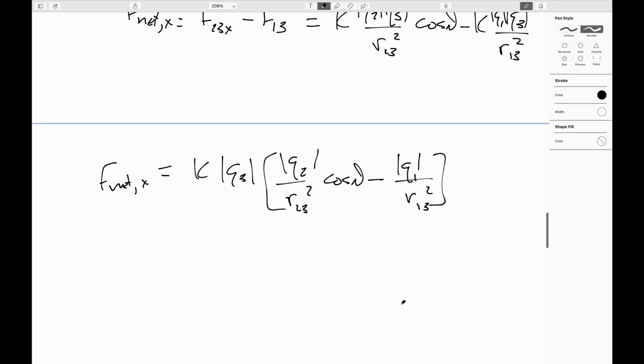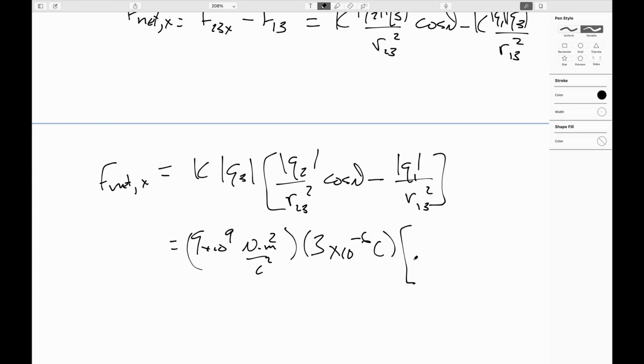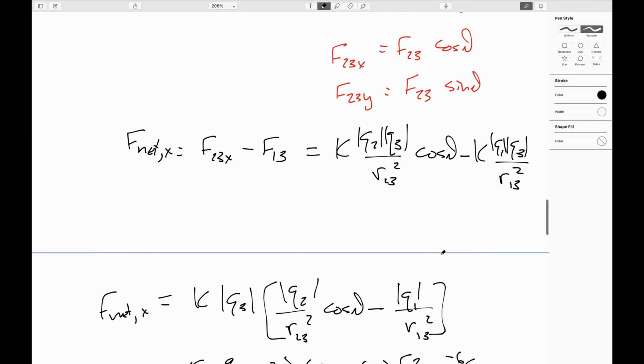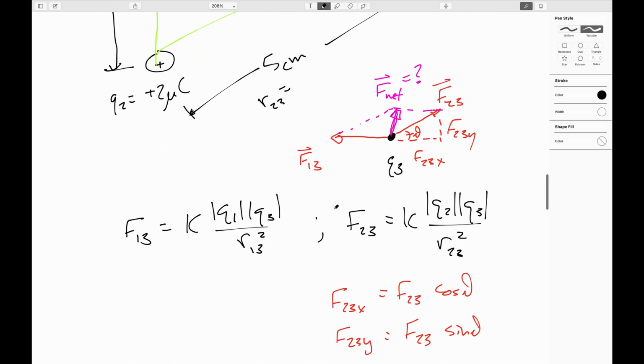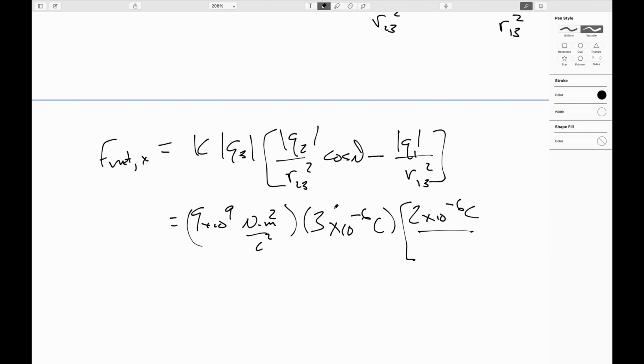For K, we'll use 9 times 10 to the 9 Newton meters squared per Coulomb squared. Q3 was 3 microcoulombs, and a microcoulomb means 10 to the negative 6 coulombs. Q2 will be 2 times 10 to the minus 6 coulombs over our R23, which was this distance right here, 5 centimeters. We have to get that into meters, so 0.05 meters